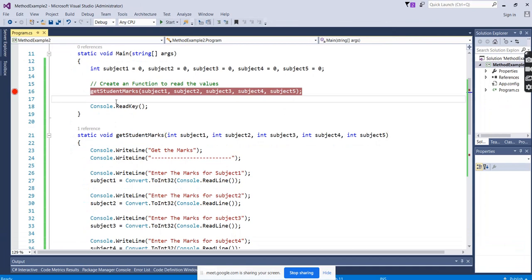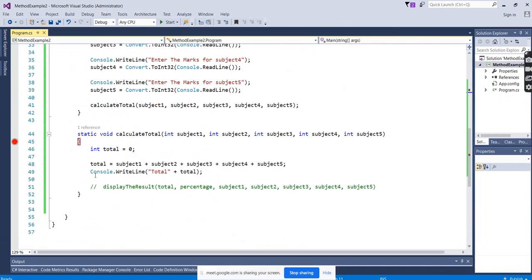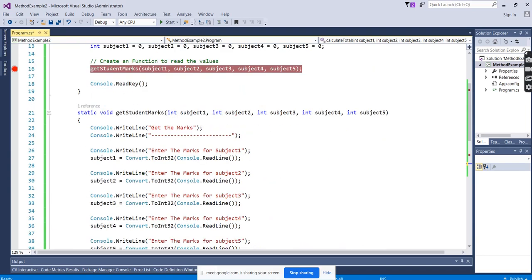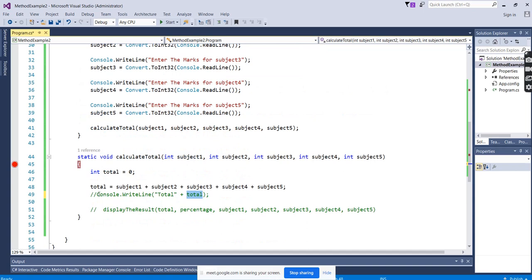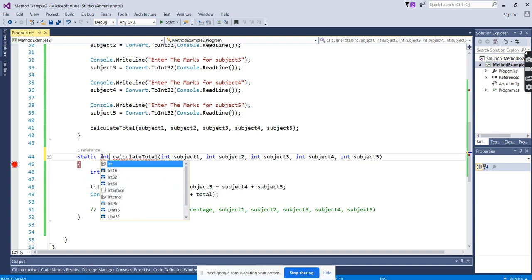And one more thing: if you want to return a value. In some scenarios I don't want to show the calculation here; I want this total in the main function also, so I want to return it there. Anyhow I will display the total here, but I want the total in the main function also for other calculations I need for some reasons. In that scenario, we need to remove this void. As of now we are not returning any values. If you want to return, we will go for the return type integer.